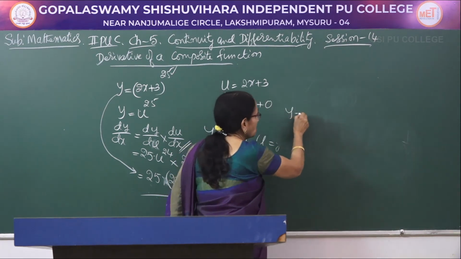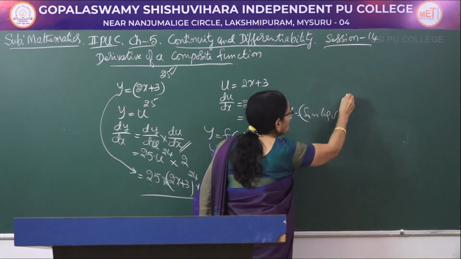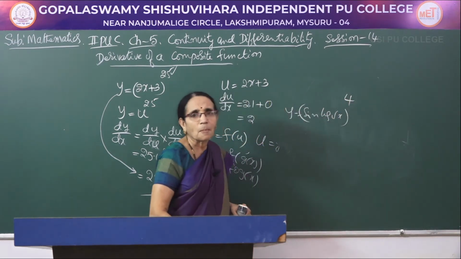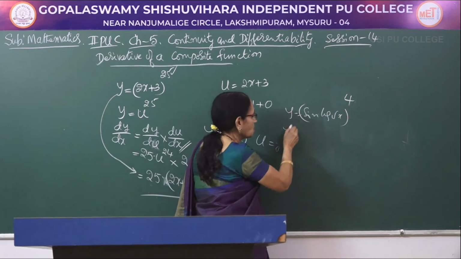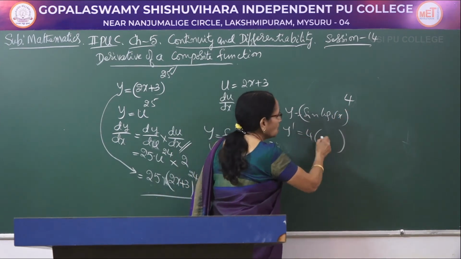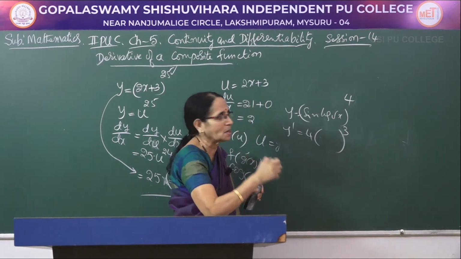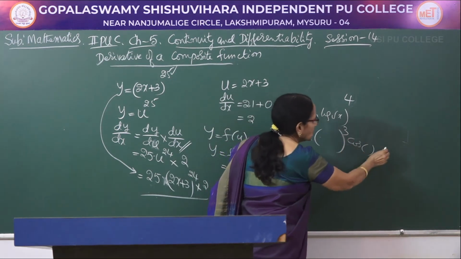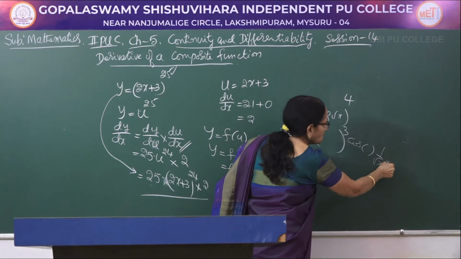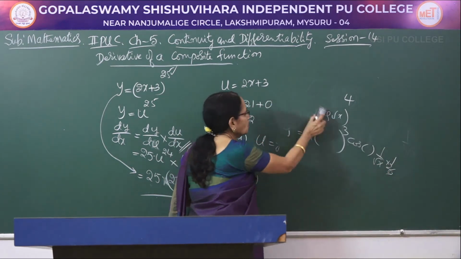Suppose the same function, let me take, it is log of root x. Suppose it had a power like this, 4, then you have to take this first, that is y dash would be equal to 4 into all these things to the power 3, that is n into x to the power n minus 1. Then the same thing, sine of something would be cos of something, log of something would be 1 by that, and root x is 1 by 2 root x. So, this is the procedure we adopt.